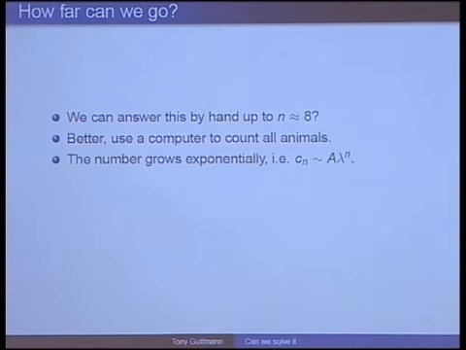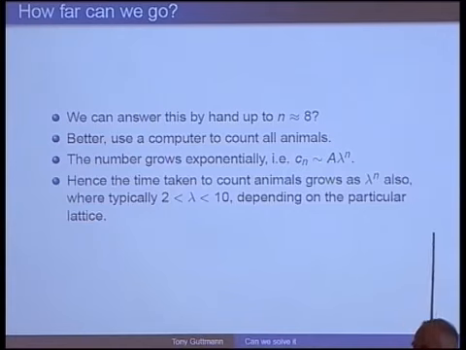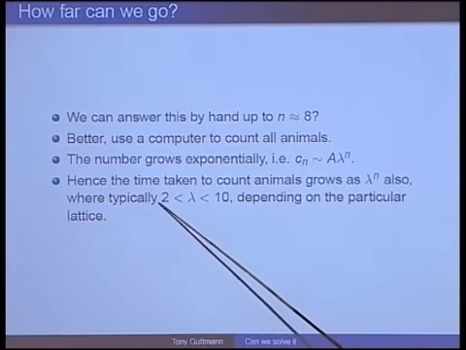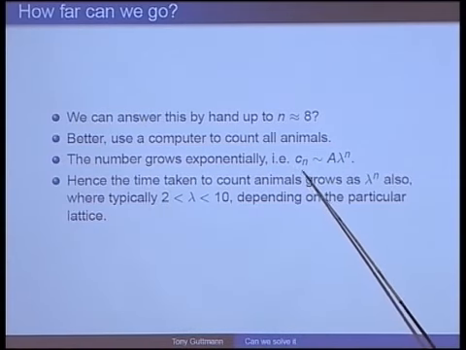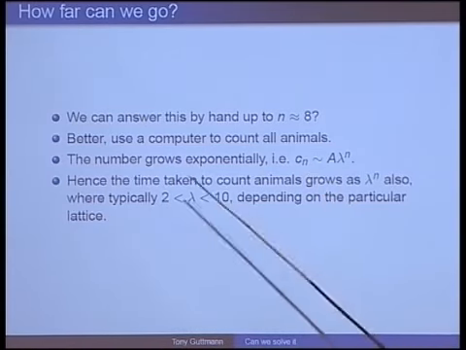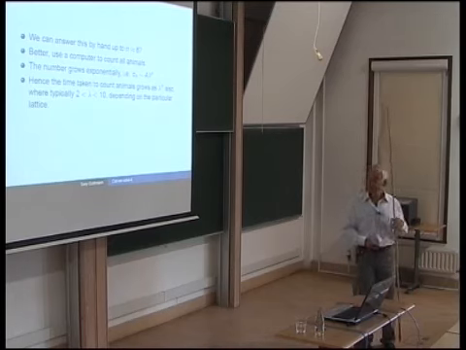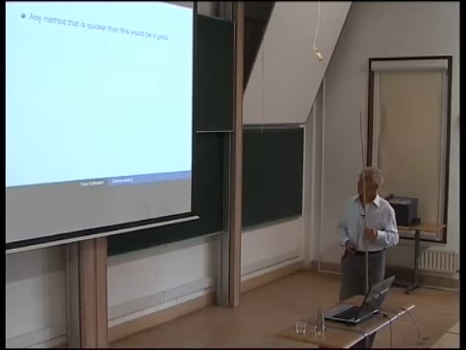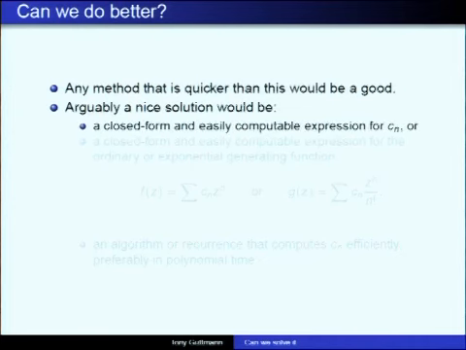The number grows exponentially, like lambda to the n, so the time taken, if you simply count them directly, also grows exponentially, where typically lambda is between 2 and 10. What this means in practice is that if lambda is bigger than 2, the computer time it takes to count one more is more than the computer time it took to count all the previous lot. So you're on a hiding to nothing, even with Moore's law helping you with these values of lambda. So any method that is quicker than this would be good, and arguably a nice solution would be